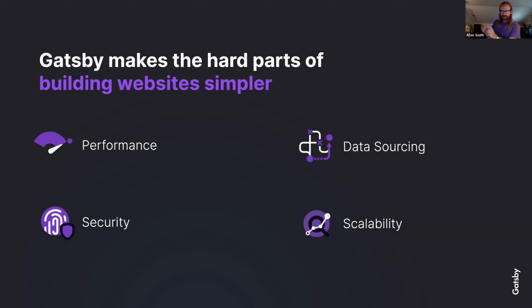We talked about data sources, so let's dive into that as well. Data sourcing in particular, I think, is part of what makes Gatsby, the word I always use here is magical, in a sense, right? There's a rich ecosystem of data sourcing plugins that abstract the details and nuances of working with third-party APIs, and they help you fetch data that you can use on your web pages, on your templates, those types of things. It just makes it much more simple to do these things, and you don't have to code these solutions yourself. You just have access to plugins. We'll talk about plugins in just a little bit as well.